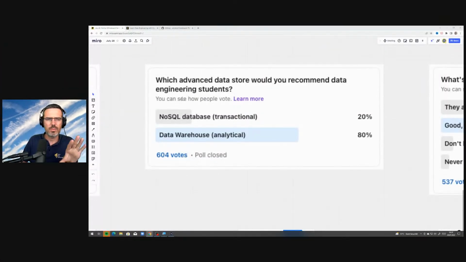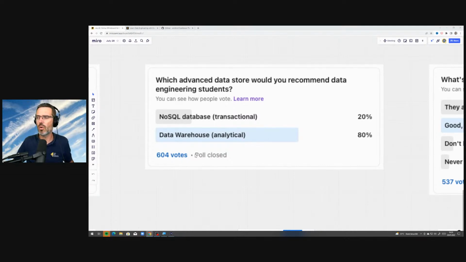And I asked on LinkedIn, which advanced data store would you recommend data engineering students? NoSQL databases, basically a transactional database like MongoDB or whatever, Cassandra, Redis, or that kind of stuff, or a data warehouse, an analytical store. And I was blown away when I saw this.